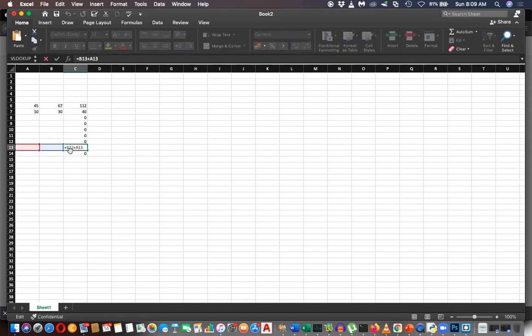This is called relative referencing. When you drag down, it will relatively change. Not only that, if you drag horizontally or copy paste the formula horizontally, so you can see this one,